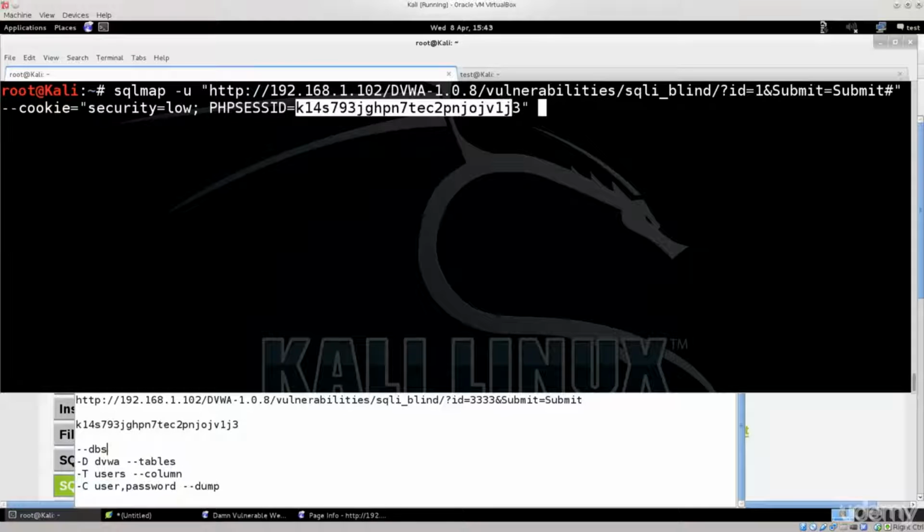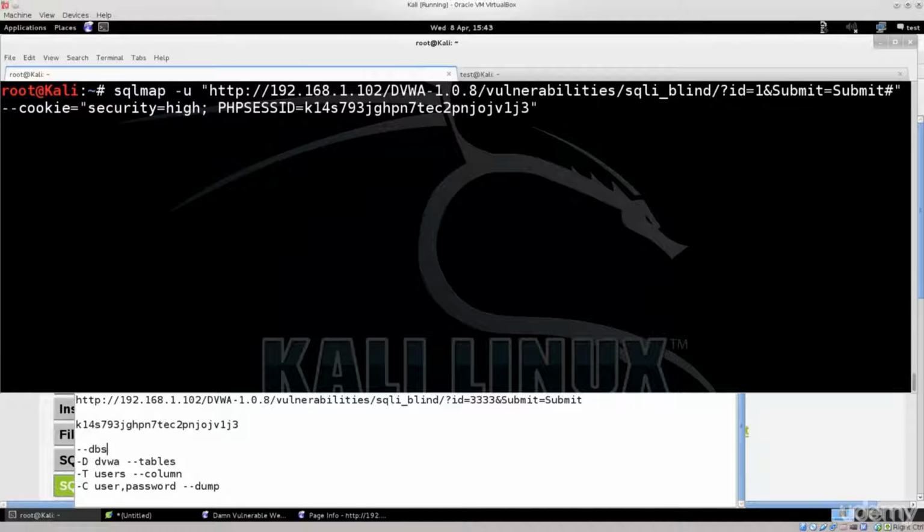So this is the cookie that we have previously used. I have closed and reopened the session since then, so it is likely that this has changed. But you will need to identify the cookie, so it's PHPSESSID. This is the type of cookie that we have picked up, so just type it in. And you can also specify the security level equals, and then you specify it here. Oops, it's low. Sorry, let me just change that quickly. Excellent, there we go. So I've been playing around with it, and I've been trying to see what happens with